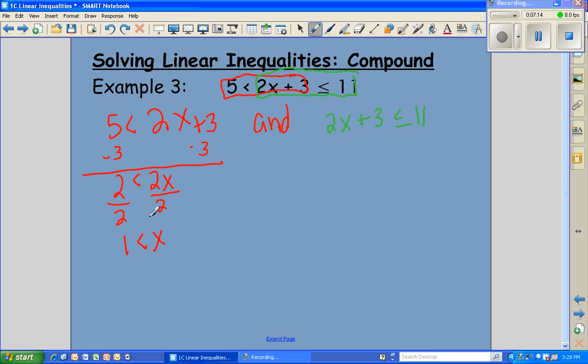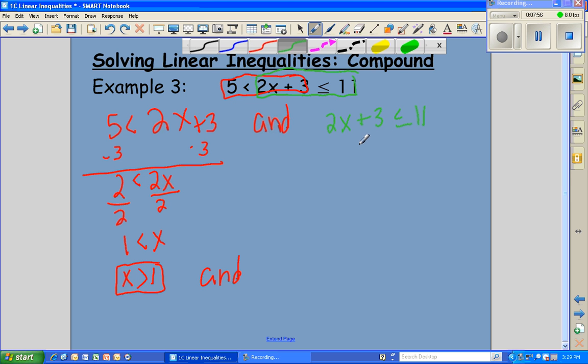Okay. Now, you'll notice in my rules, I always said leave your variable on the left. That's just a personal preference for me. That's not wrong to state your answer like this, but typically, standard form, the way most books are going to write it, you're going to see the variable on the left. So you've got to really pay attention to what that problem's saying. If you think about from elementary school when they talked about the alligator mouth eating the bigger one, if the alligator mouth is eating the x, it needs to continue to eat the x. So when you switch from left to right, you'll flip the inequality symbol. So we would say x is greater than 1, and